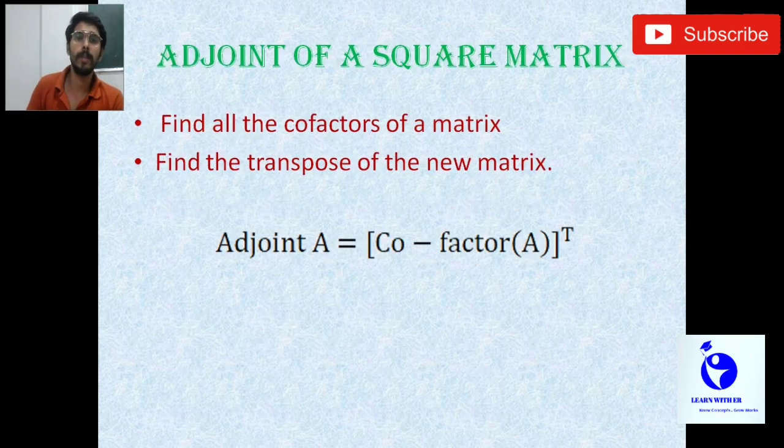To start with, about the adjoint of a square matrix, we have to find two things in order to find the adjoint. The first one is we need to find the cofactors of the matrix. Regarding cofactors, I have already given a video, which is just the previous video, part 1 of the determinants. If you don't know how to find the cofactors of a square matrix, I will tell you to watch that video. It will be given in the description and I will also put it on the i button so that you can easily access the video. Anyway, this is the first thing that we need to do.